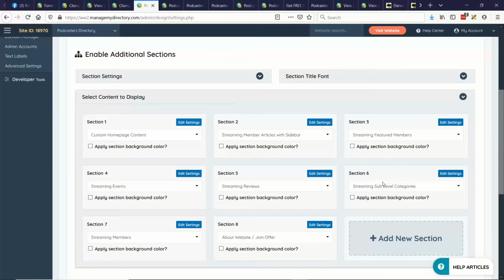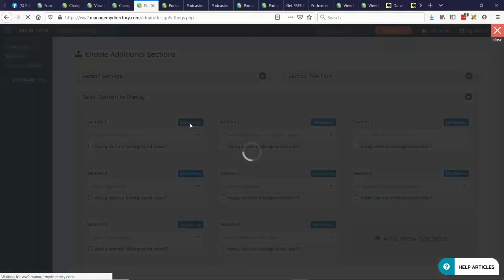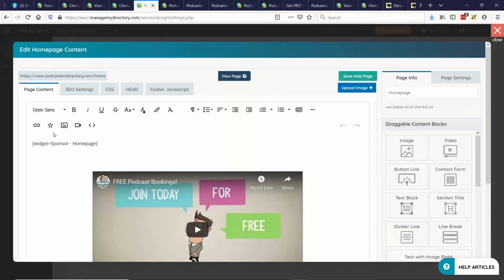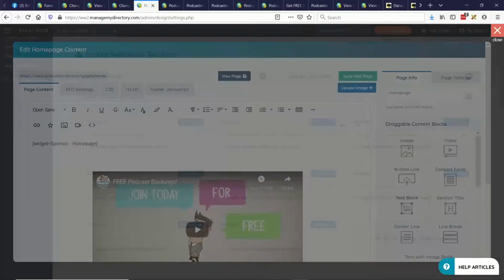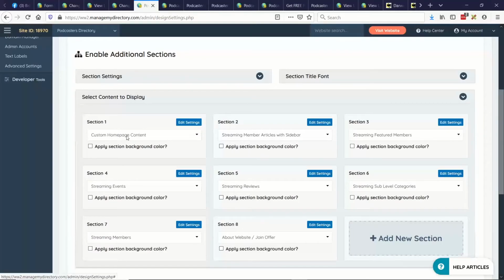But where do I actually put that custom homepage content? Oh, you can click edit. Yeah, you can edit settings and just put it here. It goes right there. Yeah, just put it in here, just like I cloned it over there, copy it. Okay, cool. Exactly. Just pop it in here, and that'll be your custom homepage content, or custom content, I guess, at that point. Awesome.